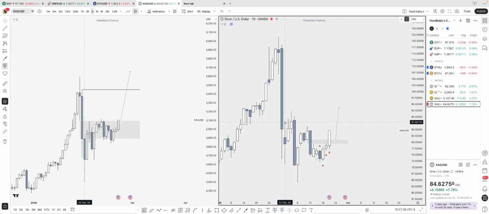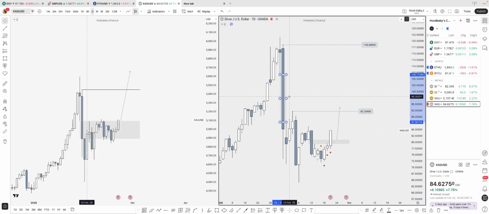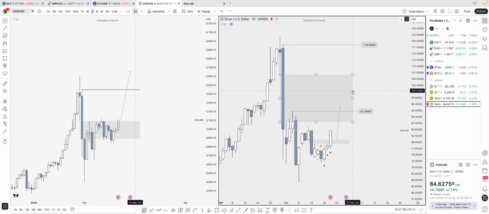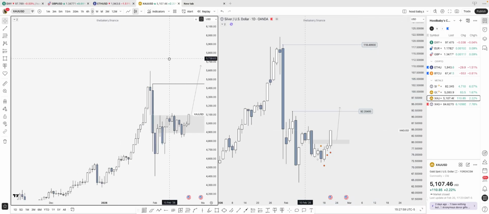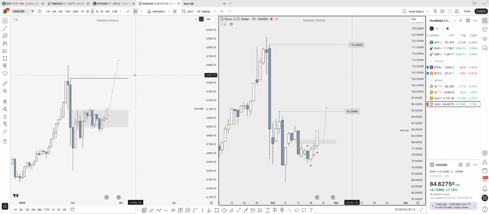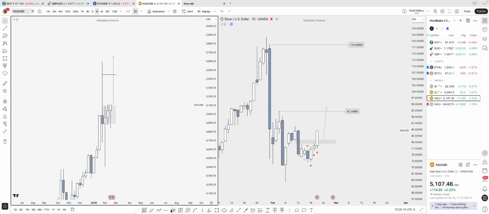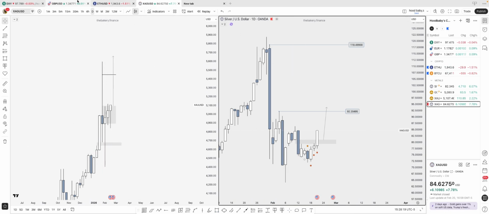I don't want to push my luck, but I think we'll be having something like this, that high being tagged. Then, if we are still going to be heavily bullish, I will be looking at how we invert this daily fair value gap. So until then, I'm one-sided already on silver and gold, since a week before now, but still, I want to see more confirmations. As you can see, we are trading away from the internal range liquidity, and the next tag should be the external range liquidity, despite it being this long last week.